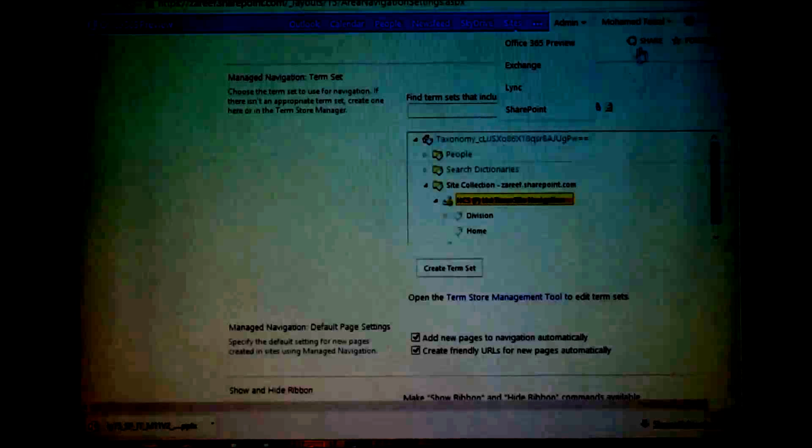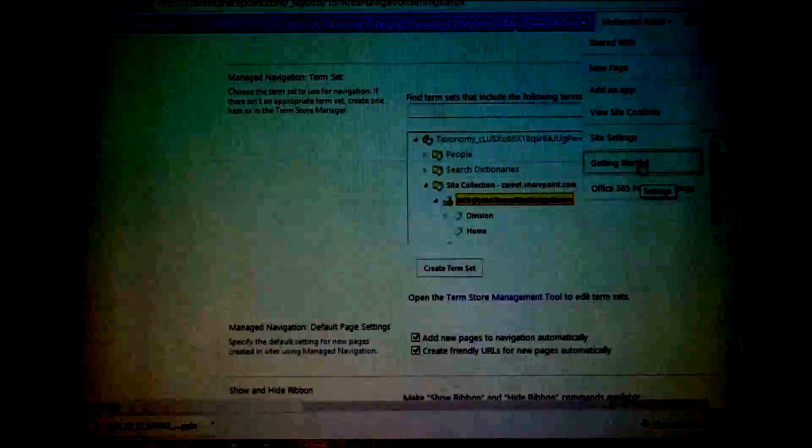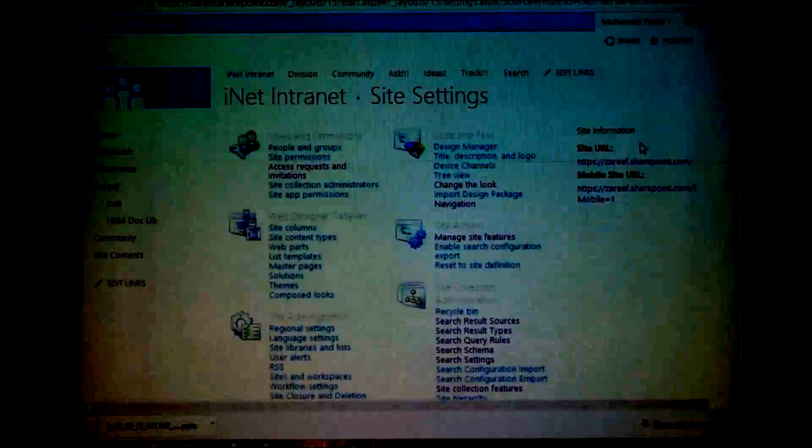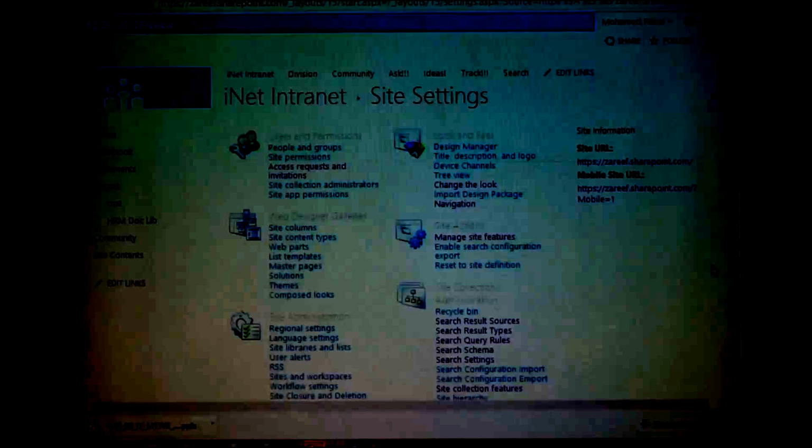Something on the crawling part. Some of them ask me about it. In SharePoint 2013, there is a feature for you to do that.